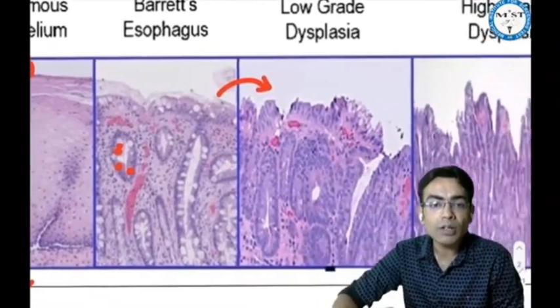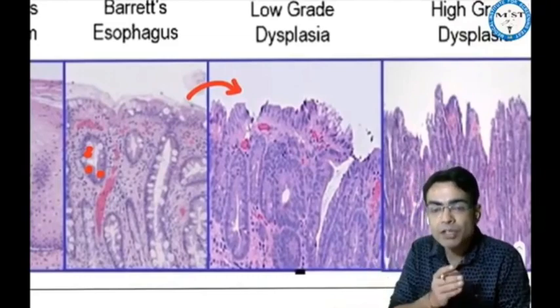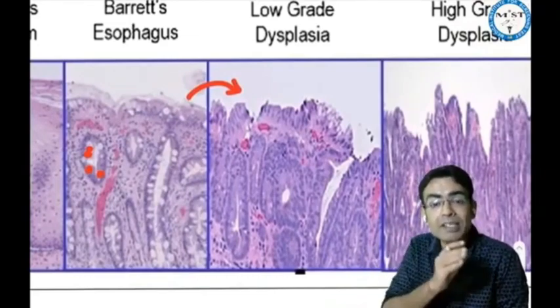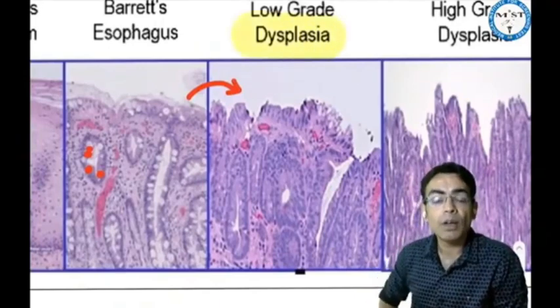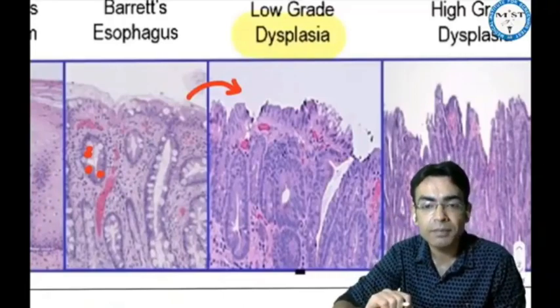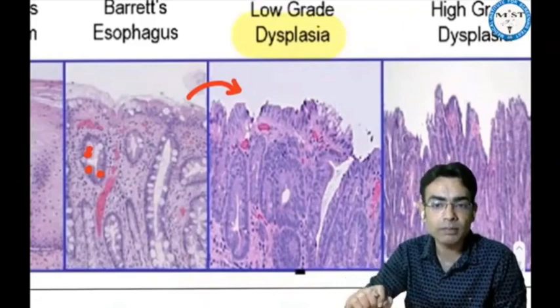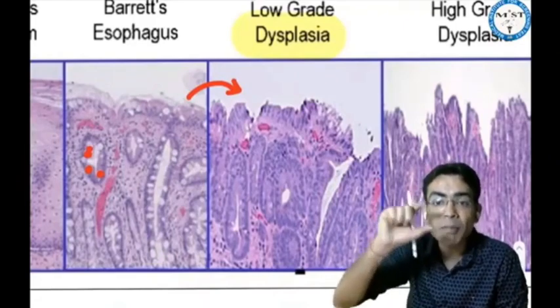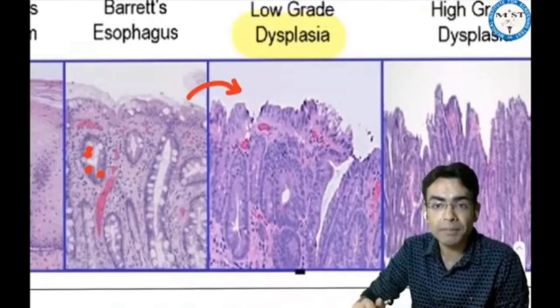Now, for yourself, you can see that the Barrett's esophagus still looks a little better compared to the picture in which you are seeing the dysplasia. Now, in the dysplasia, you are seeing more dangerous cells. The NC ratio is increased. The cells have become bluer, right? And the nuclei have become larger. So now the dysplasia is happening, disordered growth is happening.